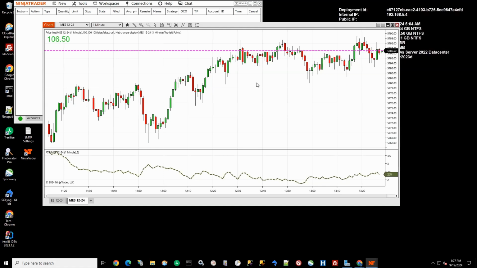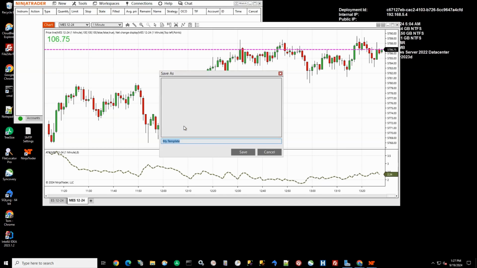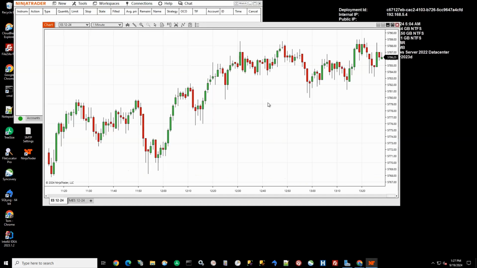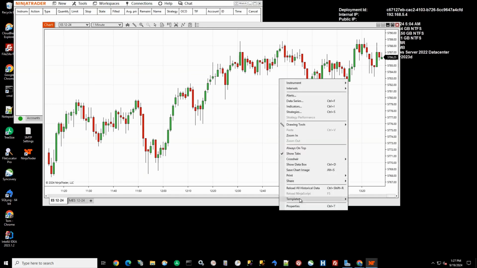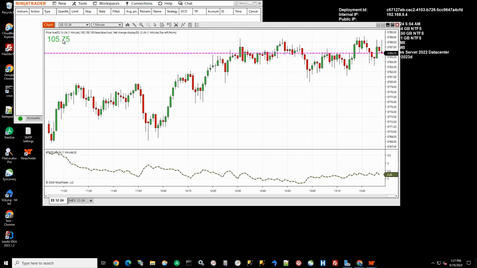So now that we've got this layout that we like, if we go back to right click, templates, save as, now we can save this as a name. Test. So now this is a chart template. So if I come back to this chart, it doesn't have any of that stuff, but I can go load this, and now it's got that price indicator, the price line, the ATR, all that stuff that we set up